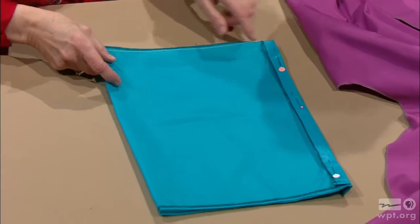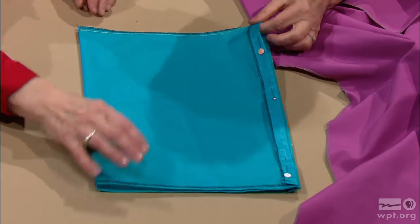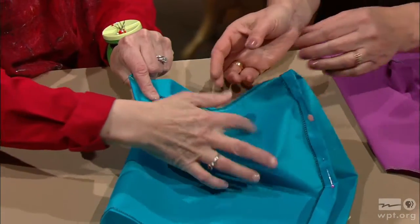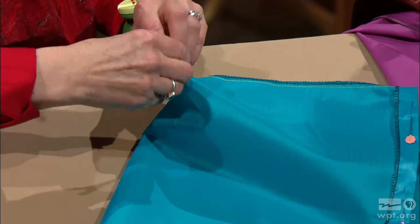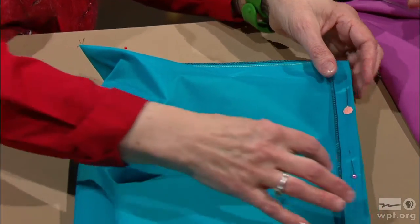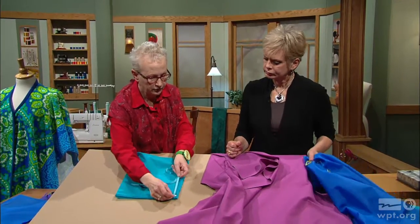The top edge here has been stitched and then serged. The bottom has been serged and then overcast. And we're going to do one other seam. We're going to form a gusset here in the back corner. And we're going to actually sew a 3-inch seam, Mary, across that. We'll just put in a couple of pins here to indicate that, so you don't have the little point in the back of the hood. Right. And then on the opening, we have 1-inch wide seam allowances. And then, just for fun, and this is going to be inside the hood, we cover that up with some